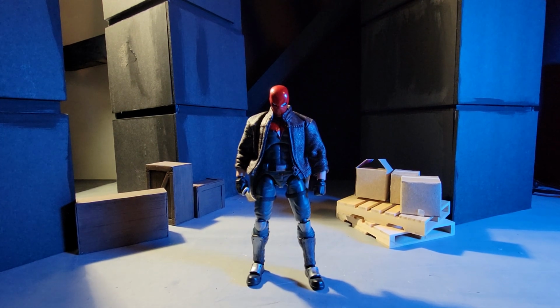Alright, hey there. I am going to be doing a review today on my custom Mafex Red Hood. This one's definitely different enough from the one I had, I don't know, like 3 years ago now. Man, it's been a while. But yeah, so this one is made out of a couple of different figures, and I'm just gonna go through it. So yeah, but first, if you saw my Instagram, I recently upgraded this guy from his original